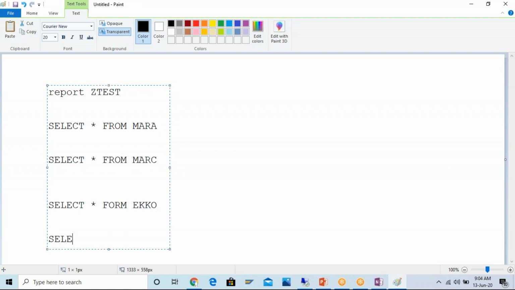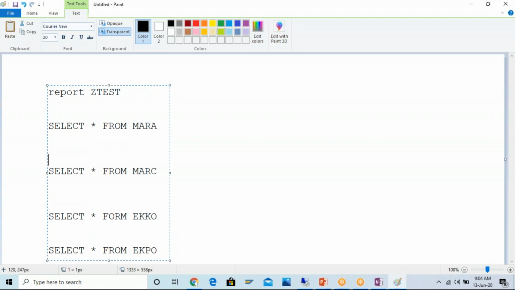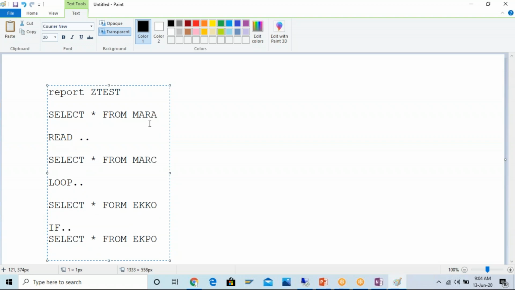So like that you have written multiple selects in a program, and some logic, of course, there is no meaning of simply putting the select. So here you have written some logic, right? Maybe I will just write it over here: some read statement, a loop statement, and an if statement. Now if we are going to enable the trace, and if your trace is synchronous,